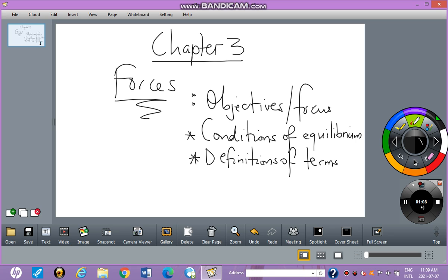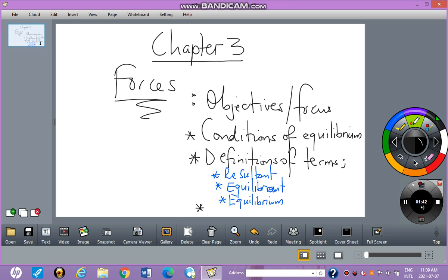So these terms we are referring to are the resultant, the equilibrant, then comes the equilibrium, and our